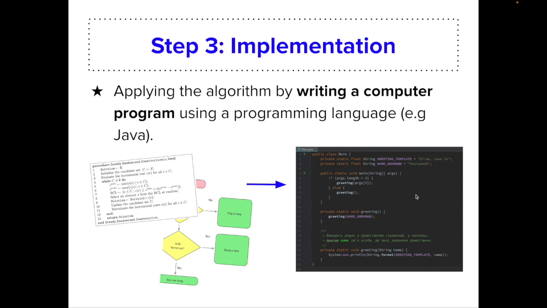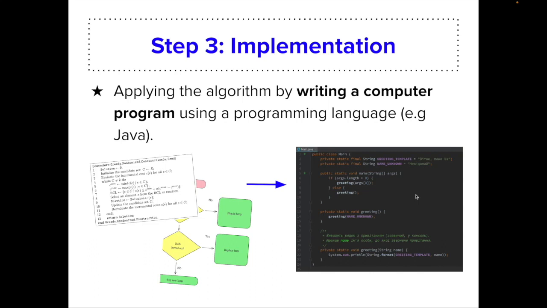Okay? So tadi, kita identify problem kita, input, process, output menggunakan IPO chart, and then we design the solution. Okay? Design a solution, hasilkan algorithm, can be pseudocode or flowchart, and then kita implement algorithm kita tadi tu dengan buat satu program menggunakan programming language. Dalam contoh ni kita menggunakan Java. And then